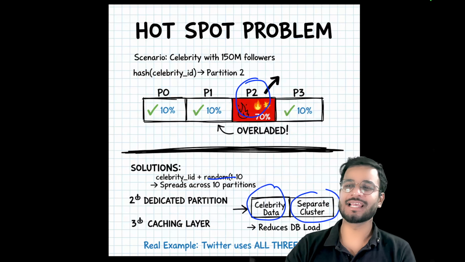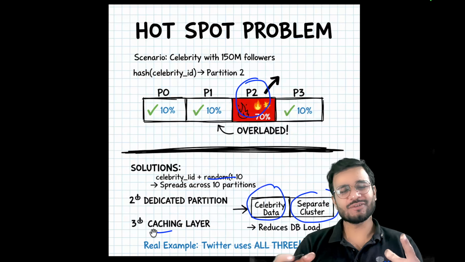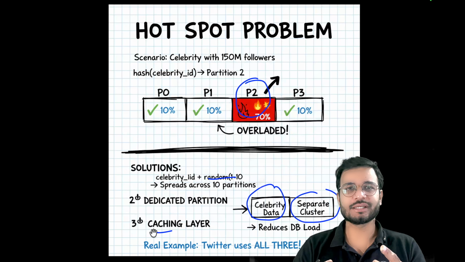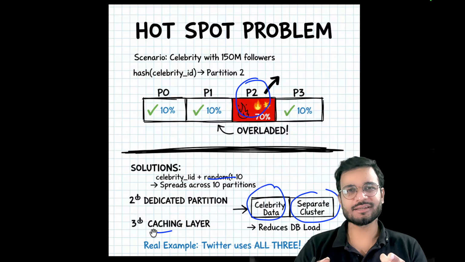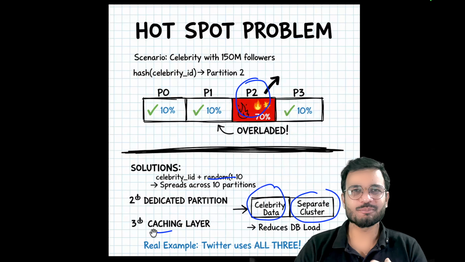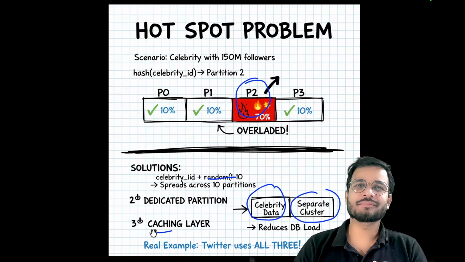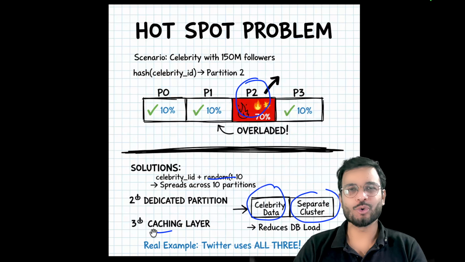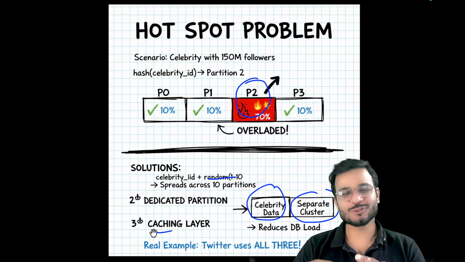And the third approach is to cache them. We know certain tweets will be accessed more. Sometimes after a tweet, suddenly a video goes viral. Or we know that some type of tweet, like in the celebrity case, will be viral and many people will be reading it. We can cache those. As soon as a video, text or post is about to go viral, we immediately cache it in multiple geolocations, and that way we can share the load and it will not affect the user experience. So this is what a hotspot problem is and how we can solve it.